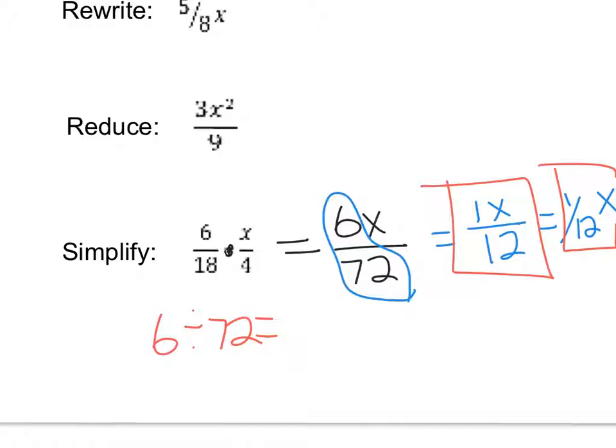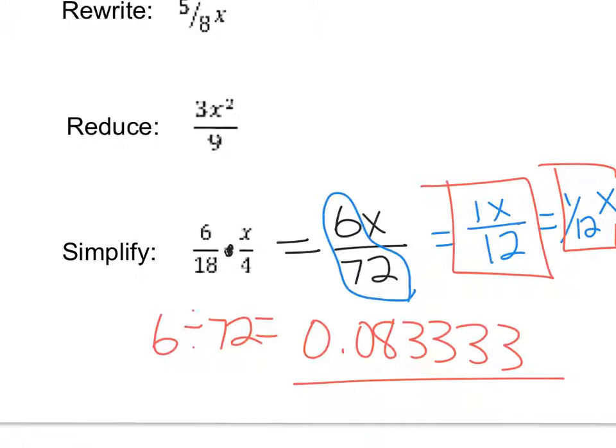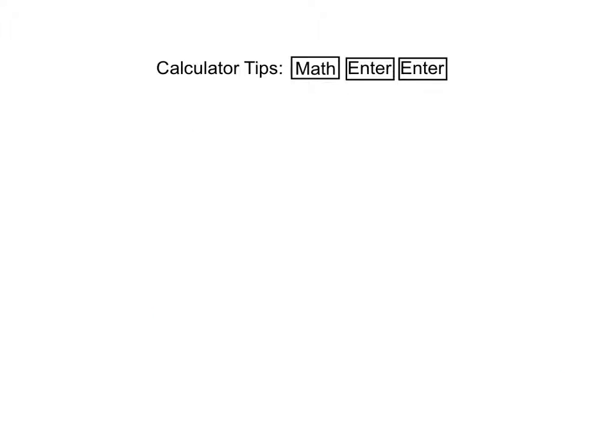And when you do that, you get this long decimal like this, right? And so then we can take our calculator and push the math key, which is in the top left of your calculator, and you're going to push math enter, and that will actually change it back into a reduced fraction for you. So that is something we need to write on our calculator tips, which is at the front of your notebook. So if you'll turn to the front of your notebook, and at the very front where we have the page titled Calculator Tips, we're going to write math enter,